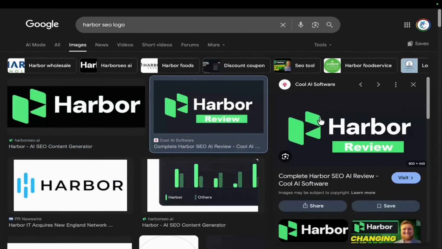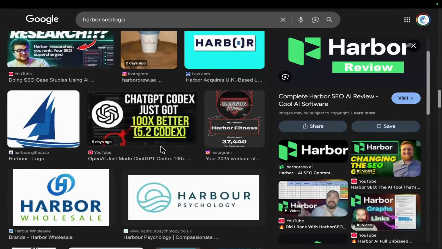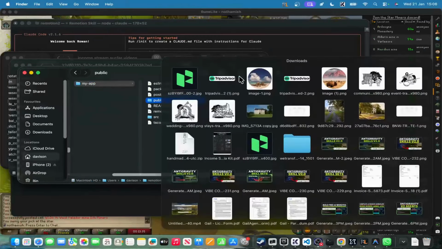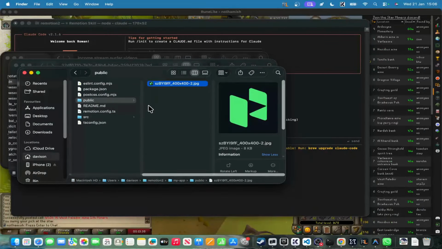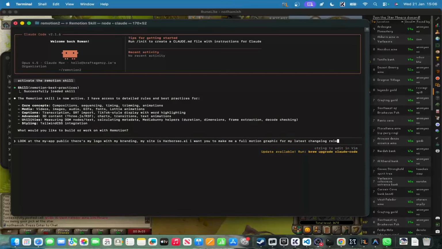I kind of want one that's not. I want one with a dark background. So I just saved this image to downloads. Let's put this in this folder here. Okay, beautiful. Now I'm going to say, look at the My App public. There's my logo with my branding. My site is Harbor SEO. I want you, HarborSEO.ai, to make me a full motion graphic for my latest changelog release, and then I'll just